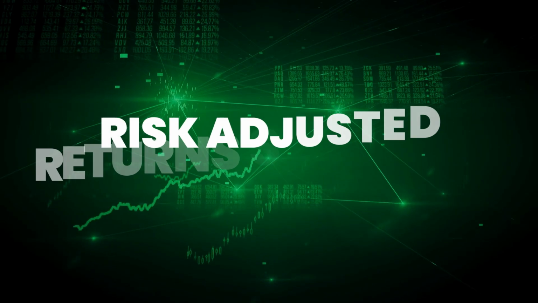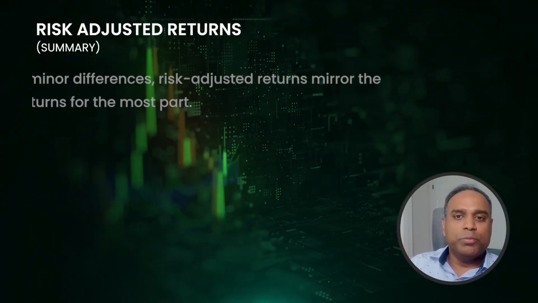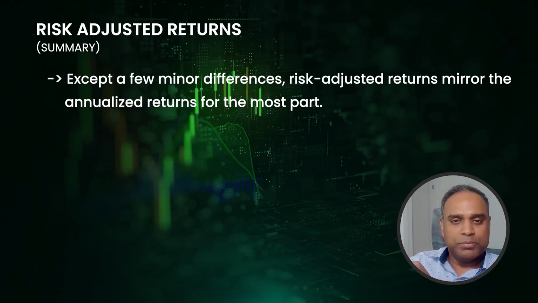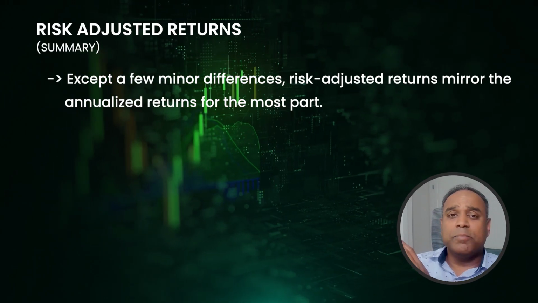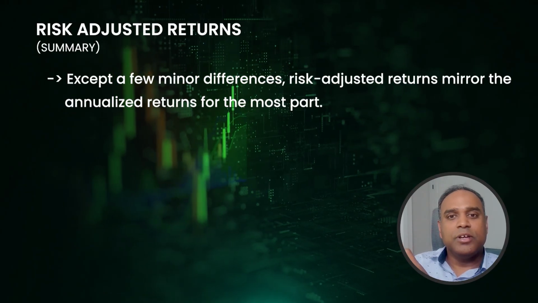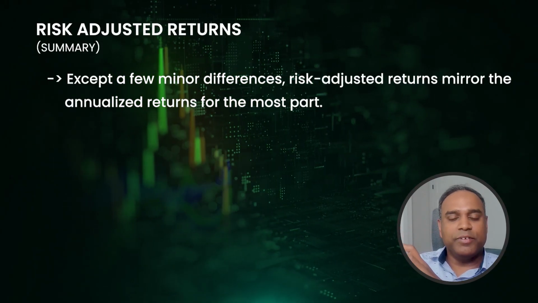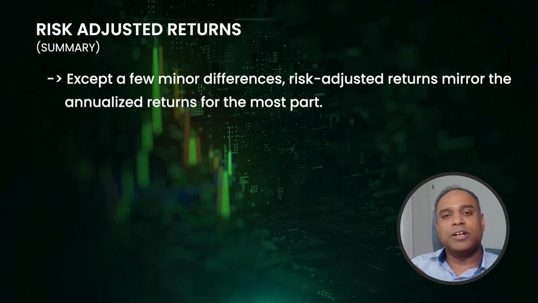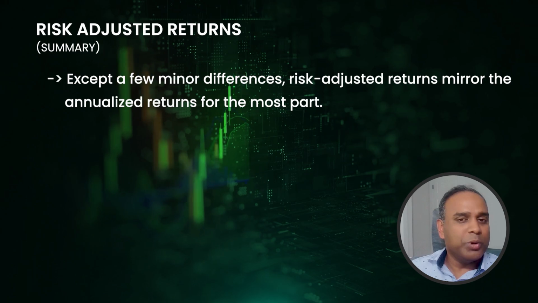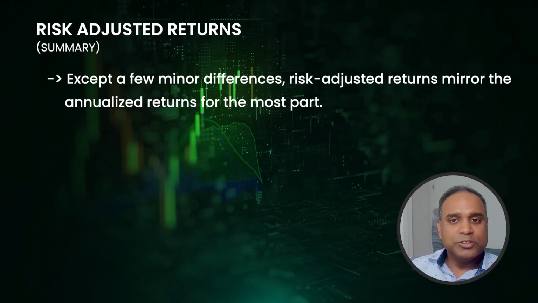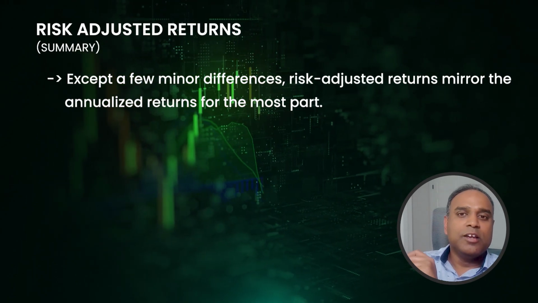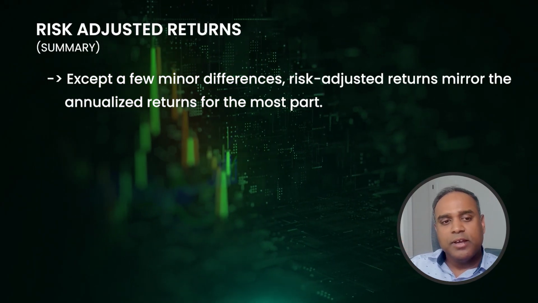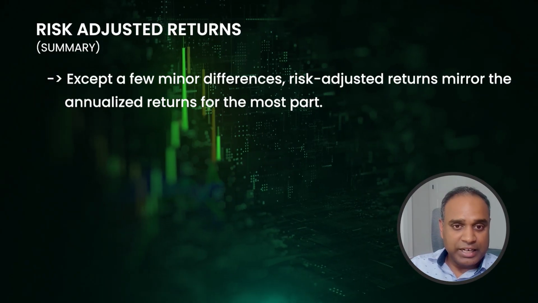Okay. Now let's continue. Overall, except a few minor differences, like I explained, one stock moving from number 4 to number 2, number 3 to number 2, something like that. Apart from that, the top 10 itself remain the same. So the top 10, if you look at purely performance versus risk adjusted performance, it's not like some stock is moving from number 21 to the top 10 or something like that. So there's no dramatic changes. Yes, there are minor movements, but the top 10 is still top 10. The order may change a little bit. So that's what I observed in the overall Sortino ratio analysis.